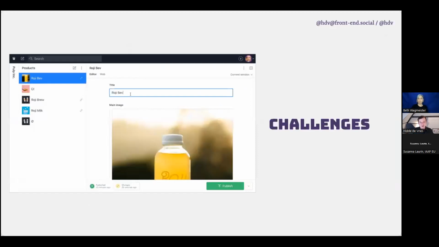Now, to do an audit of a CMS is a bit different than doing an audit of a website. I've been doing a lot of audits for government websites that usually just had information on them with accessibility issues in that information, of course, and I write those down. The issue with the CMS or any kind of app-like software, as I'm sure many of you know, is a bit trickier because there's a lot of different moving parts. Stuff might disappear, and there might be things that when you click on them, something else appears, and all these sorts of things. Another challenge that we had with Sanity specifically is that Sanity is hyper customizable.